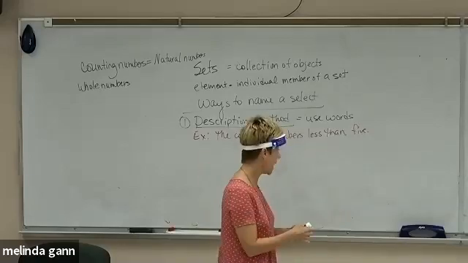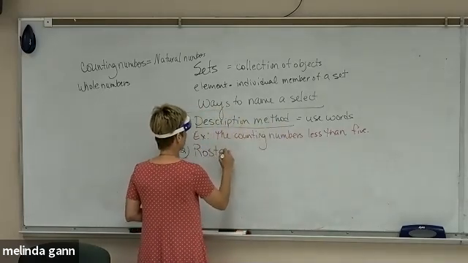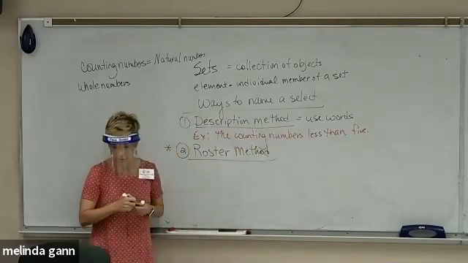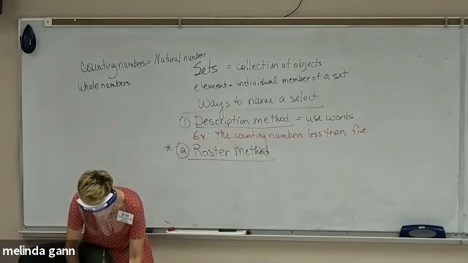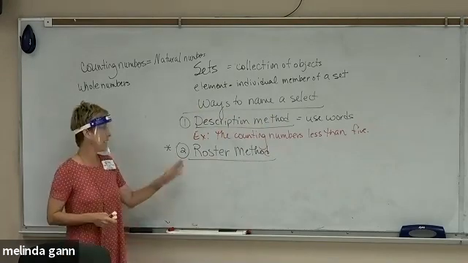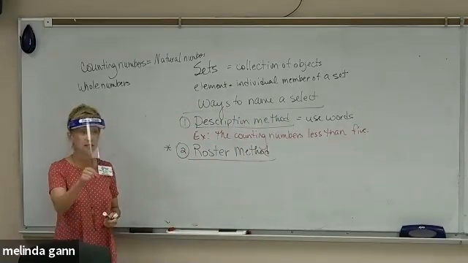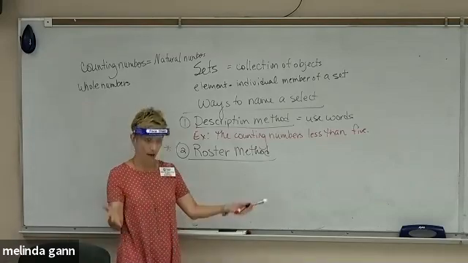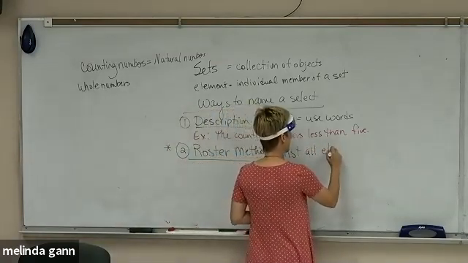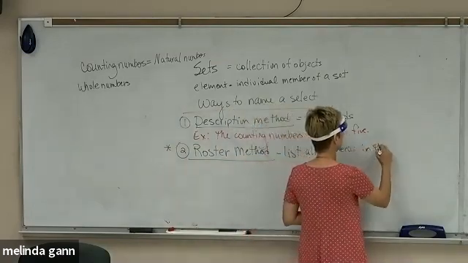Everybody with me? Now, here's a second way that kids learn to describe: roster method. This one's the one that we're going to use the most in here. Some books call it listing method, but mathematicians call it roster method. Now, how do you do roster method? You actually list out all the members of the set inside of braces. So you list all the elements. Remember, the things that are individual things in the set are called elements. You list all the elements in the set